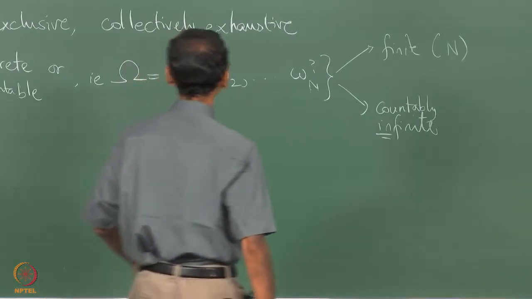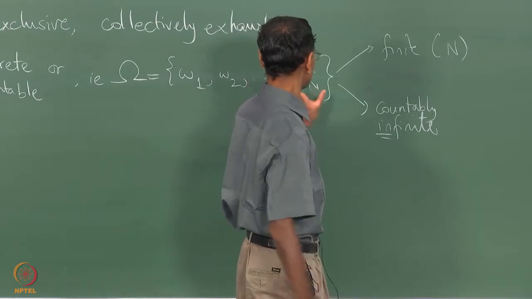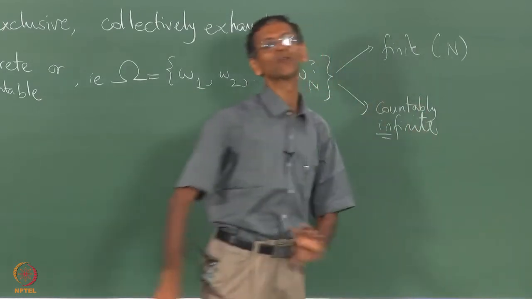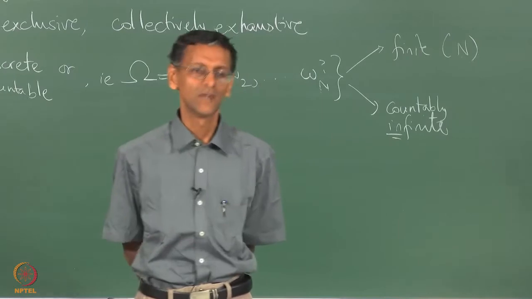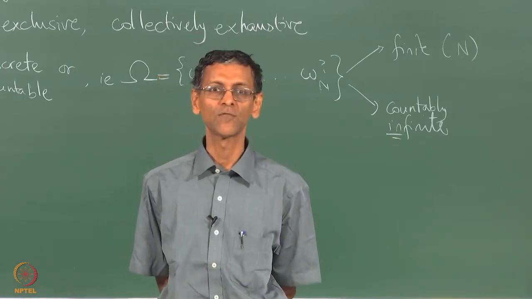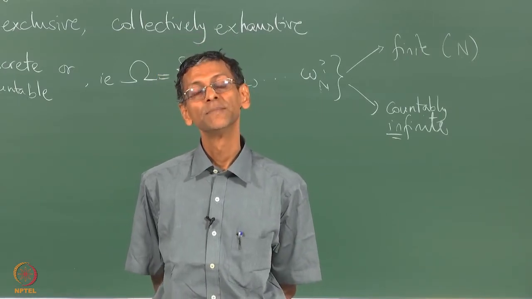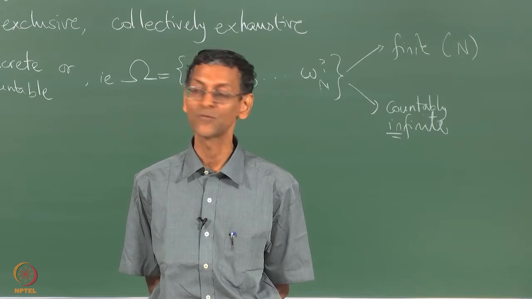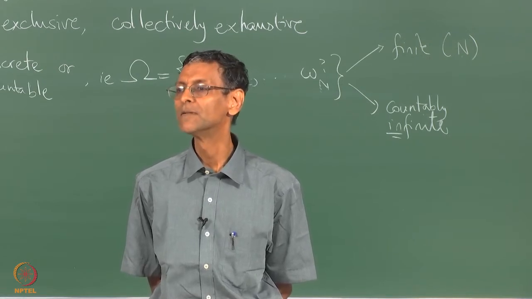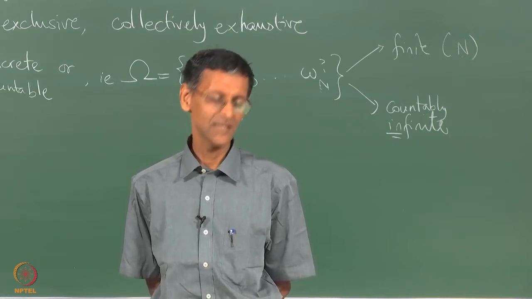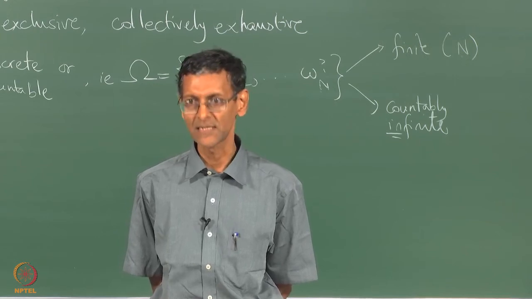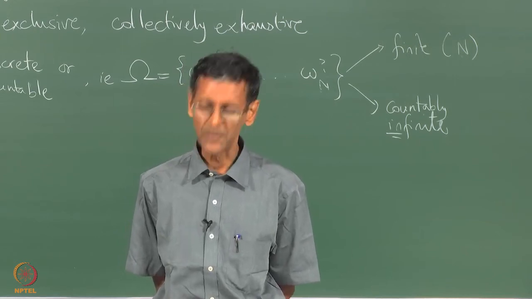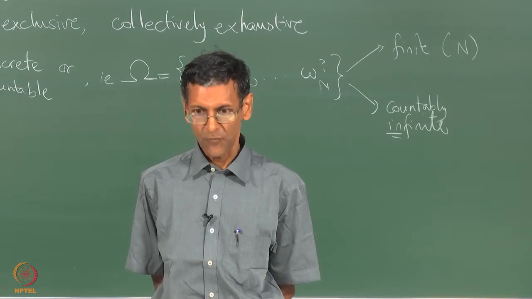On the other hand, the sample space can be discrete, but countably infinite. Now what would be an example of this? Have you encountered countably infinite sample spaces? I'm sure this is not the first time you're seeing this. What would be an example? Flip a coin until you get tails. Yes, the standard example of a countably infinite sample space is flipping a coin